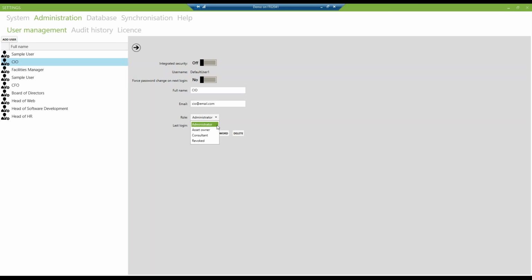So an administrator role gives them full access to absolutely everything within vsRisk, all of these menus we're going through, all of the assets, all of the risk owners, etc. Asset owner simply allows them into the assess risk area where they can work on and modify their own risks with their own assets. They can't go into the settings menus and they can't run reports. A consultant has every level of access other than user management and some of the more database critical areas, but they can run reports. And then finally, revoked is if you just want to block that person from logging in,